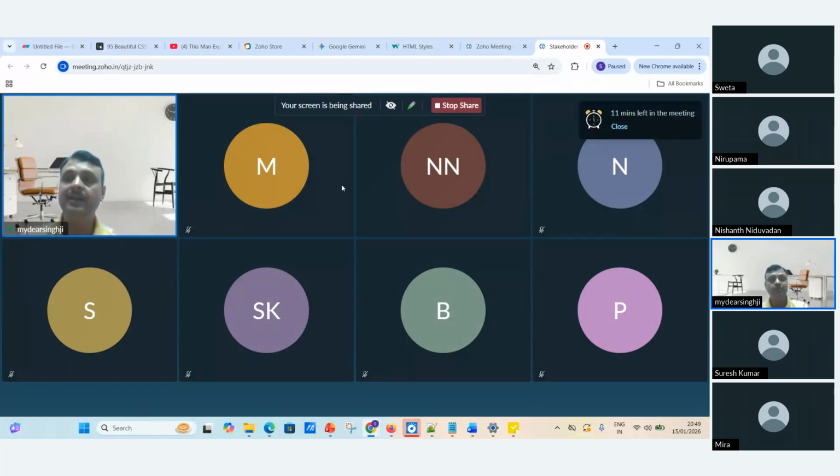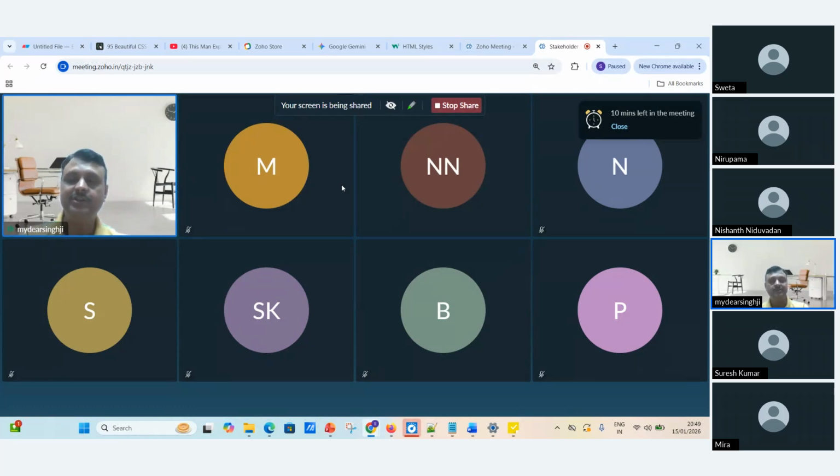Next is bottom-up estimation. Most of the project managers do the bottom-up estimation. What happens in the bottom-up estimation? There is an epic, and inside the epic we break down all the work, like epic to feature, feature to task, task to subtask, and we come to the conclusion that this is the time we're going to take. So this is the highly secure and most accurate estimation technique.